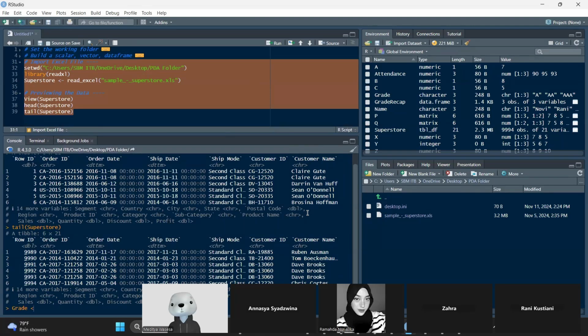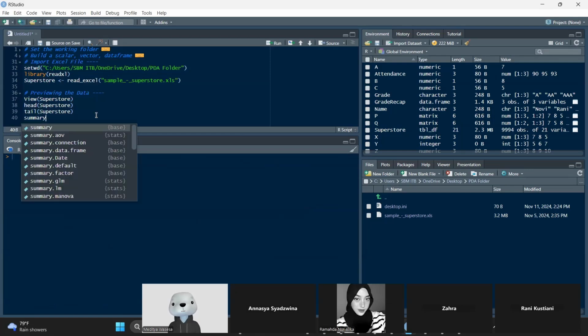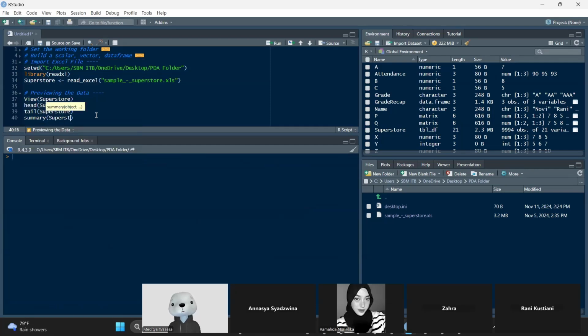Then for example, you want to see only the properties, there is summary, superstore.